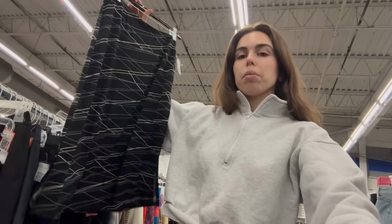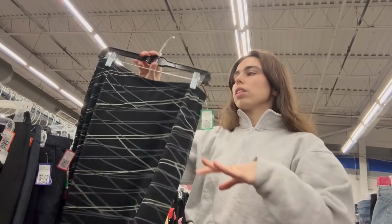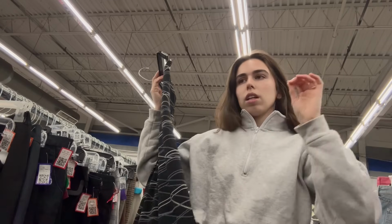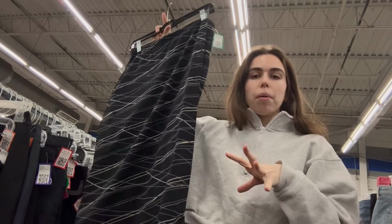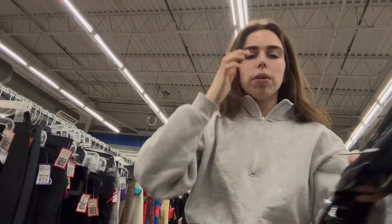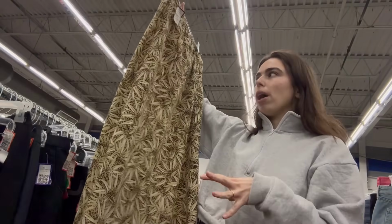Anyways, first skirt, black, slinky, really cool, geometric print, has a little slit on the side. I feel like this slinky skirt with a baby tee, kitten heel sandals, maybe even just a flip-flop this spring and summer with some good sunglasses. So cool. And then same idea, but in this really fun brown and